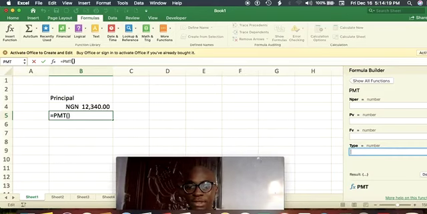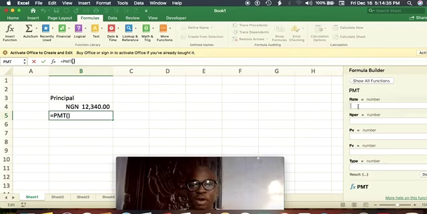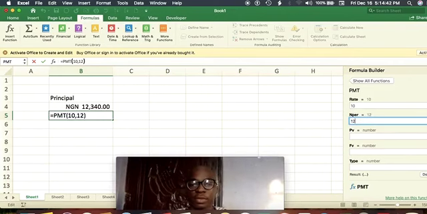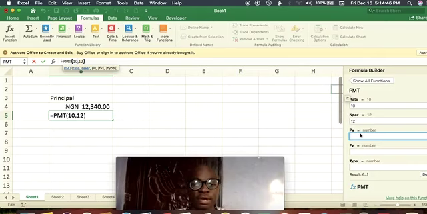For this type, we can have different results. And then we click results and that will be done. So if you don't know the function, you can actually click for more help. It will give you a link on the function. So basically, for this kind of function, you just need the rate. So assuming we are paying at a rate of 10%, I'll insert 10. Then we are paying 12 installments. Then we have the present value as 1,000. We have the future value as